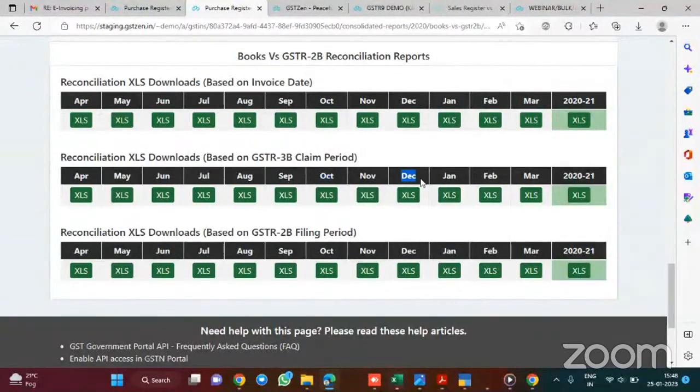So you provide the record date of December for this invoice while you upload, and then you can download this December report based on GSTR 3B claim period, and you would be able to see this invoice. This will help you in segregating what ITC you are claiming in December. We have other options as well of segregating that, but this you can upload with your purchase register.